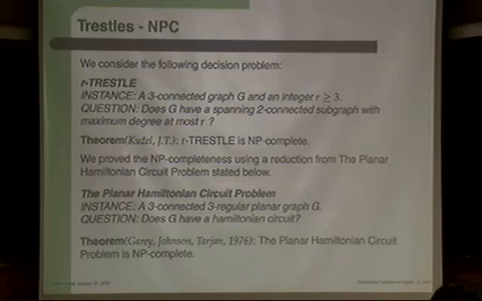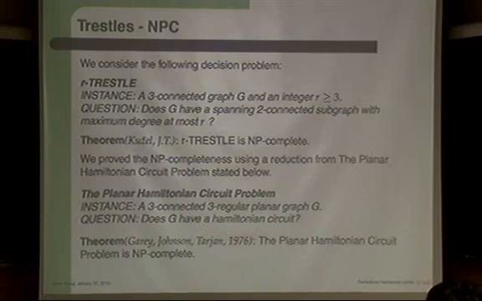So we reduce this problem of an R-trestle to the planar Hamiltonian circuit problem, which is the following. You get a 3-connected cubic planar graph, and it's NP-complete to decide whether it is Hamiltonian or not. And we reduce this one to finding an R-trestle. So what we actually did, we took this 3-connected cubic graph and from this graph, I will show you how, we made a new graph such that the original one has a Hamiltonian cycle if and only if the new